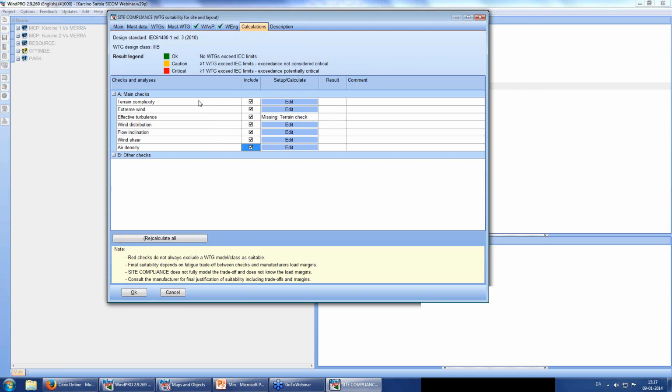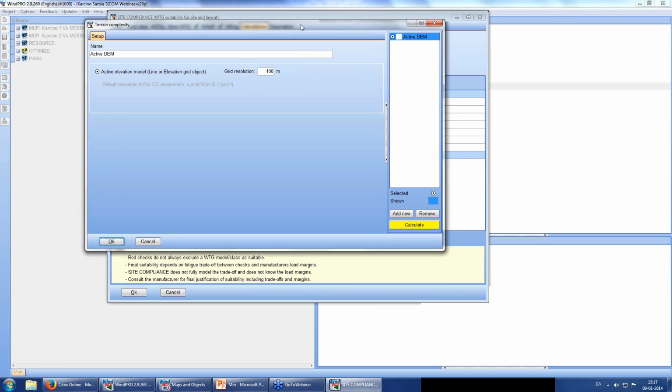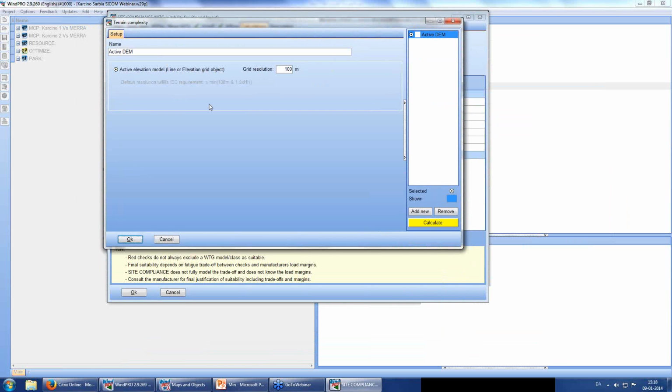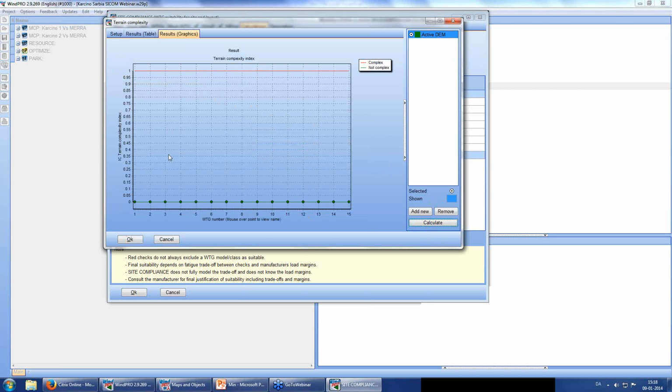So we're ready now to start the first check, which is the terrain complexity. It's the simplest check, so it's a good starting point. I access it by clicking edit, and we see here the setup, which is very simple for this check because there's only one option, namely using the digital elevation model specified in the WindPRO project. And then there's a grid resolution which per default here is automatically set to fulfill the IEC requirements. And to perform the calculation, we click calculate down here at the lower right, and we immediately see the results